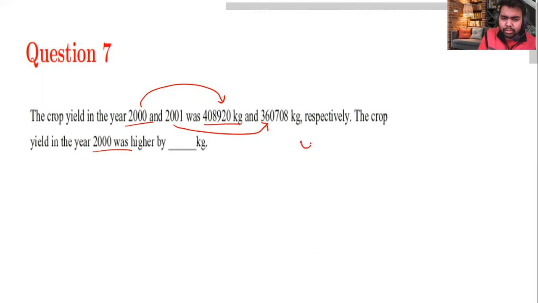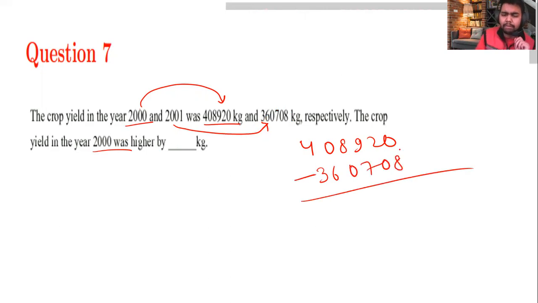So here I'm just going to write my number like this, and simply subtract them. 360 and 708, try to subtract them. So here I will take one carry. Here it would be 10. 10 minus 8 would be 2. Here would be just 1, so I would just write 1 because I just have to subtract 0 out of 1. Here I have to subtract 7 out of 9. What will come? 2 will come here. And here I have to again subtract 0 out of it, so just 8 would be there.